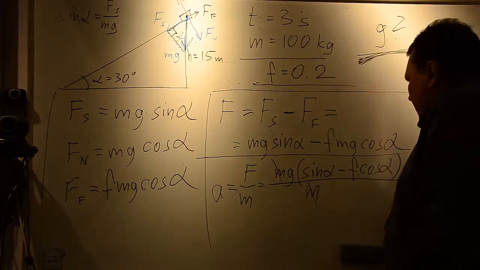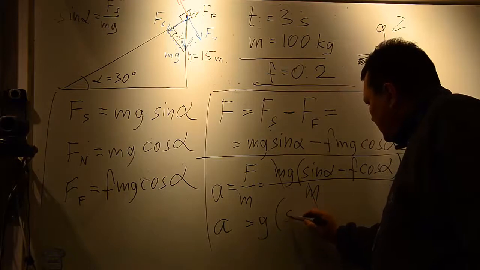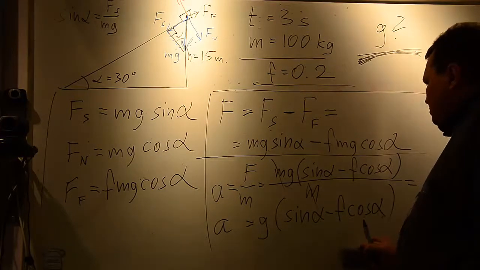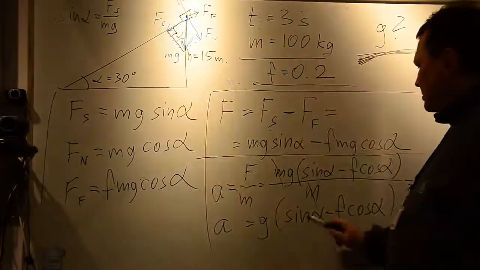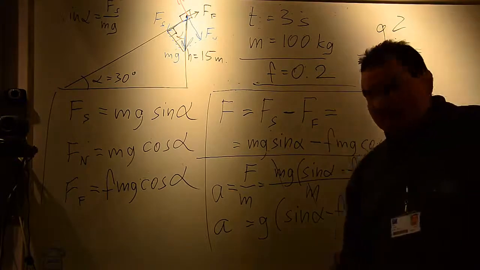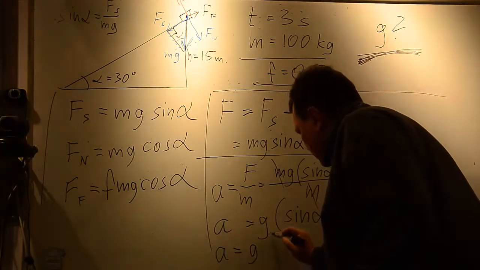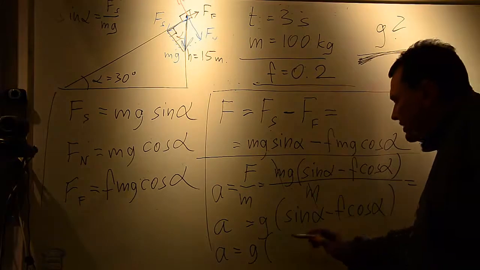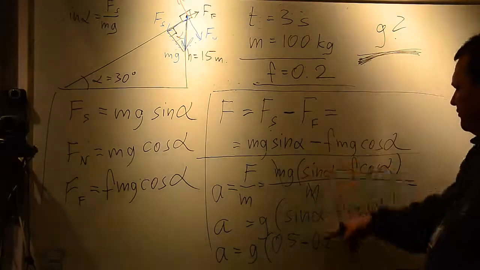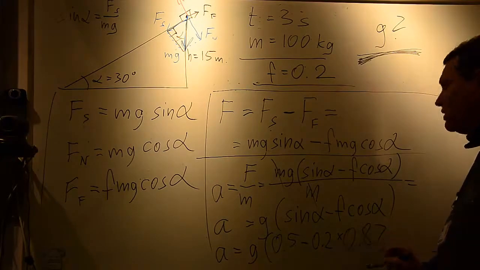So we eventually have something like this. Our acceleration is equal to g multiplied by sine alpha minus f cosine alpha. But wait a moment, we know alpha, so we know sine alpha and cosine alpha, and we also have f. So everything in this bracket is easy to calculate. Let's continue. A equals g bracket sine alpha, it's 0.5, minus 0.2, that's the value of f, multiplied by 0.87, I think this is cosine of 30 degrees